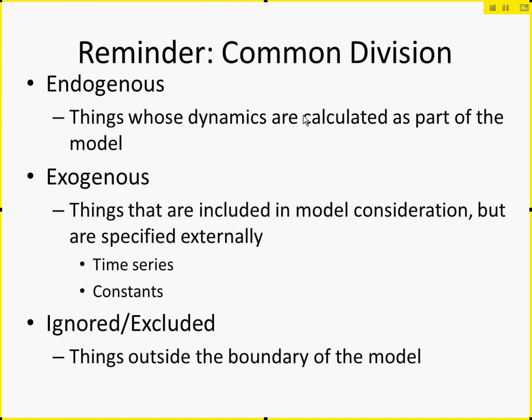It's governed by the dynamics in the model. Exogenous factors may be pre-specified to change over time, but they're pre-specified. They're dictated beforehand. They're preordained how they will evolve. And finally, an ignored or excluded set of elements, which are consciously, hopefully, put aside as being outside the scope